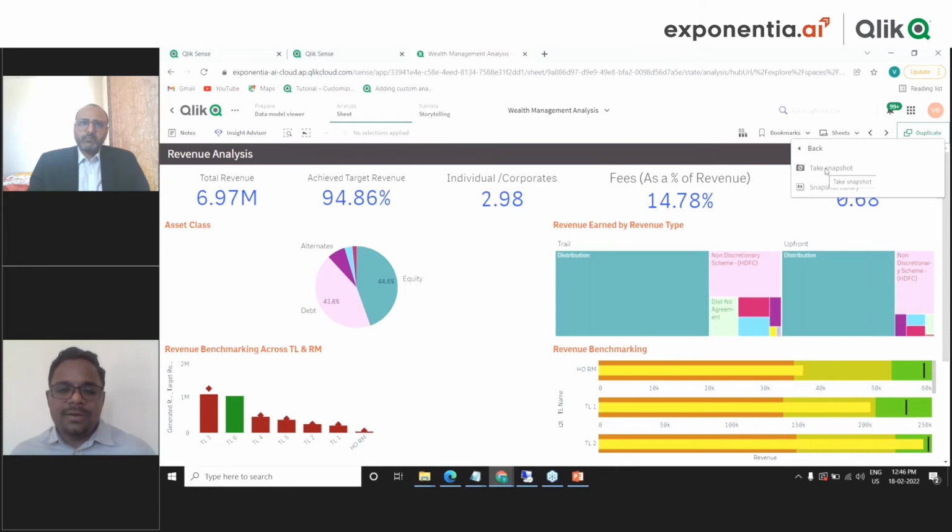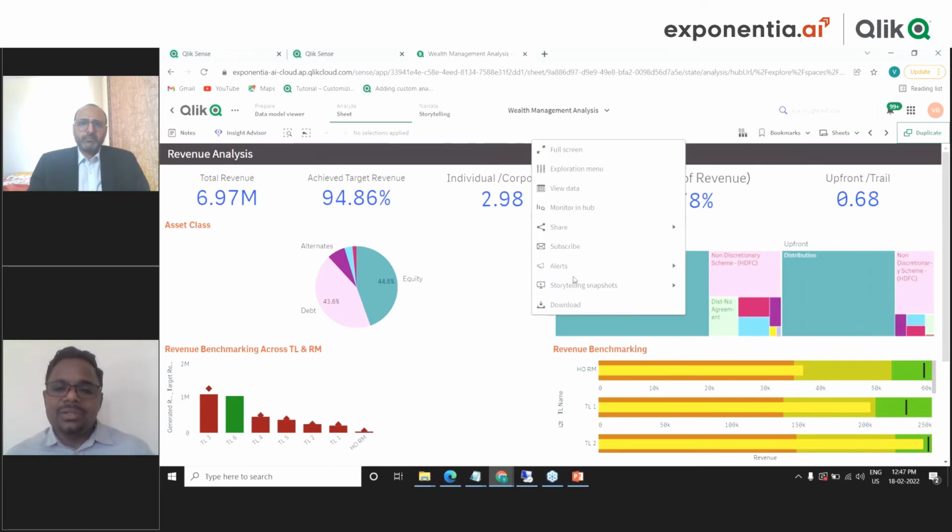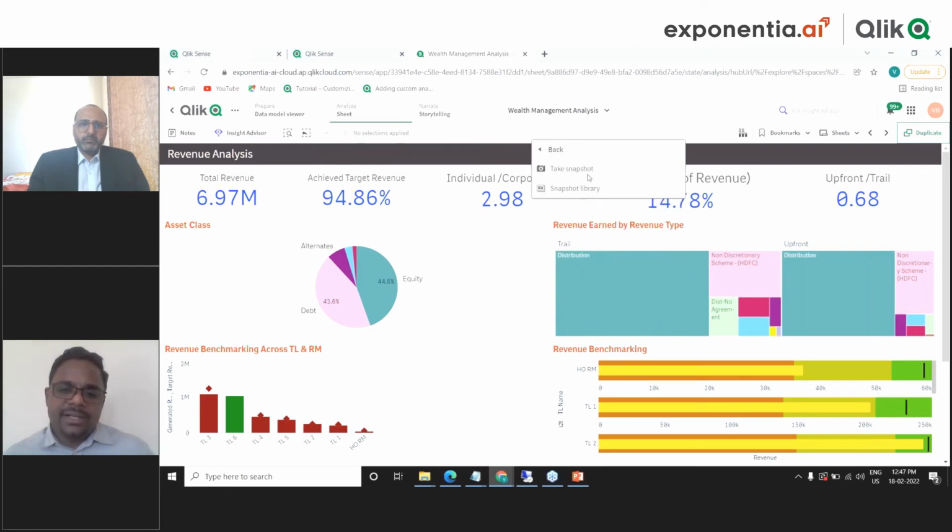So this whole exercise is manual, takes a lot of time and serves no purpose, because you don't have a backward reference or a trace mechanism to identify where this data came from, or whether this data is right or not. If this happens, what will be the impact on the larger portfolio that we have? All of these are not possible because these are manual charts, not integrated with each other. But here the benefit is that everything is associated with each other, and the added capability in Qlik Sense is that from these charts you can actually create a PowerPoint-like presentation